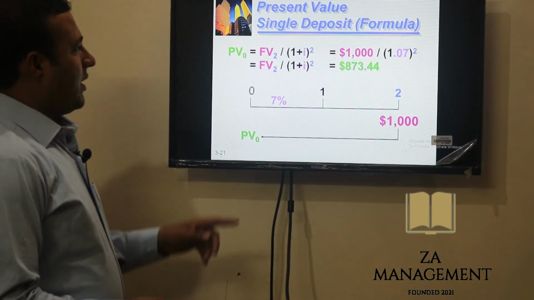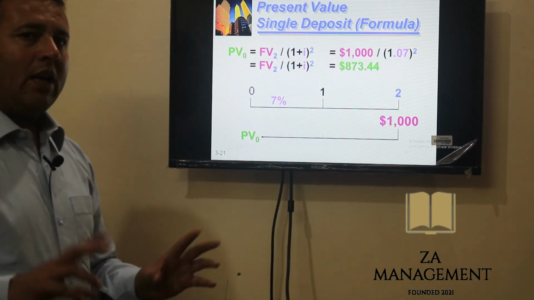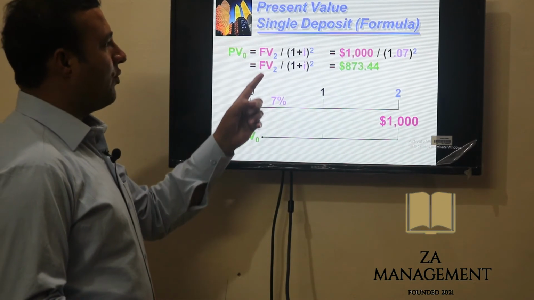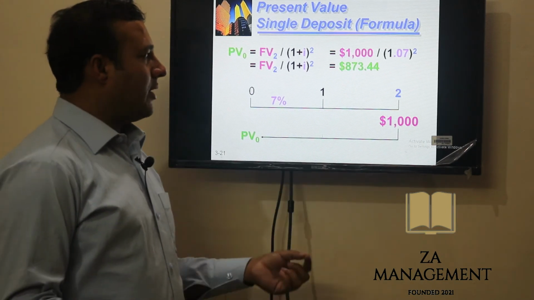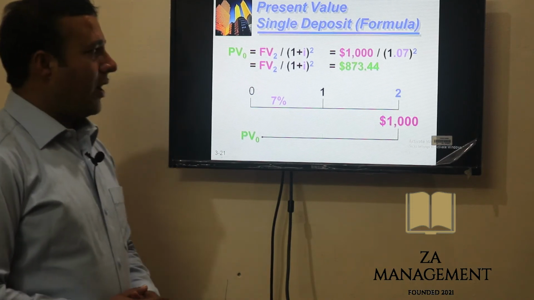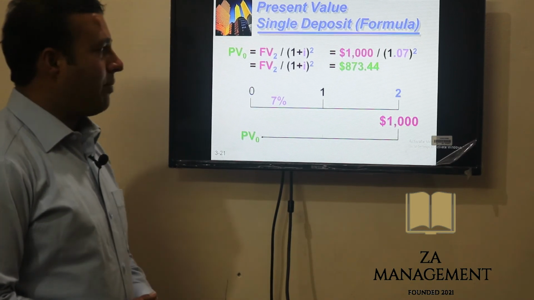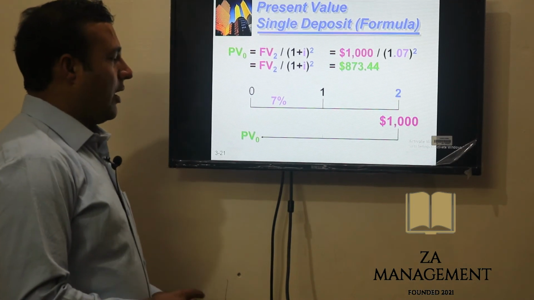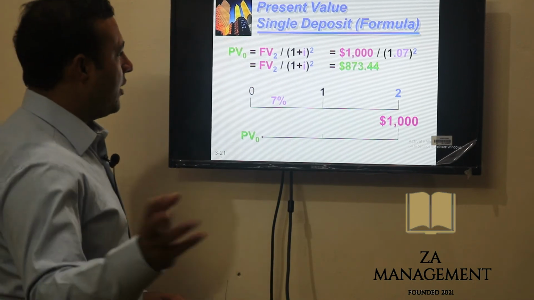The present value formula is equal to future value divided by (1 plus i) whole to the power n. Here in this case, n is equal to 2. That's why FV2 divided by (1 plus i) whole to the power 2. Putting values in this, we will get 873.44. It means that if it is discounted at the rate of 7%, she needs to deposit 873.44 today in her account. Compounding it at the rate of 7% for 2 years will make its future value 10,000.